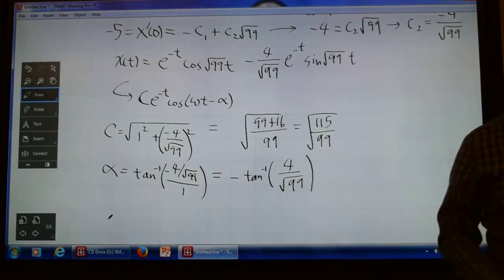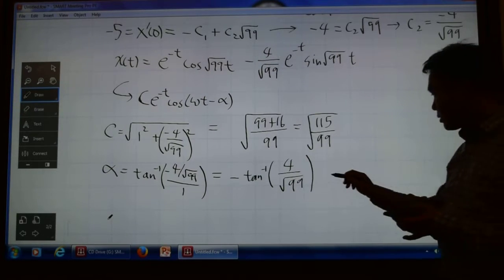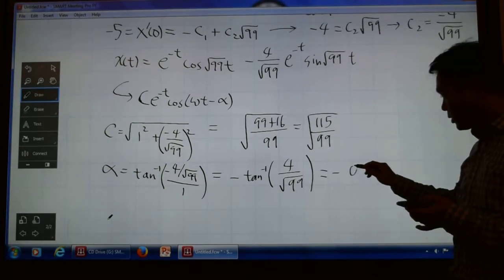And then you get the calculator again. Let's see. Take the square roots. Okay, and then I can take the tangent inverse. Okay, I get negative